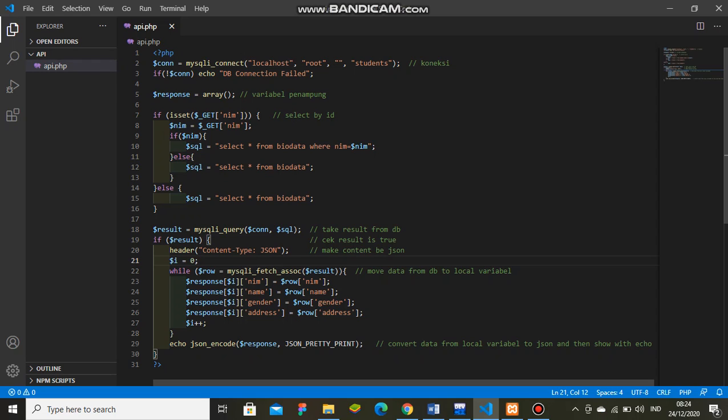And then if the result has data, the data will be inserted into row, and then row is connected to the DB and inputs into response.